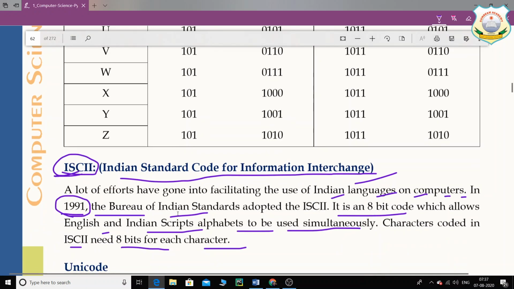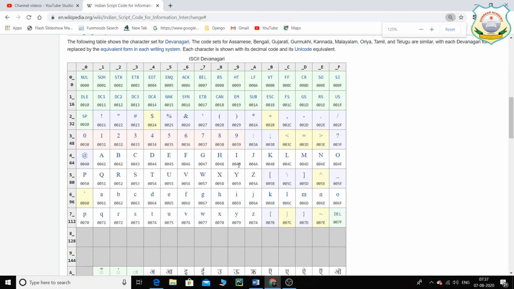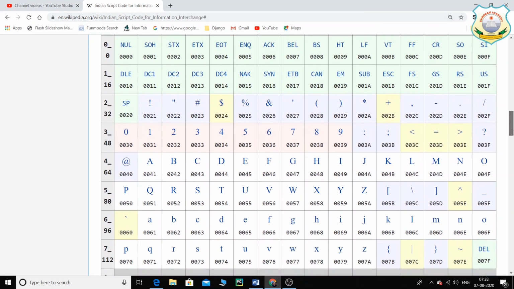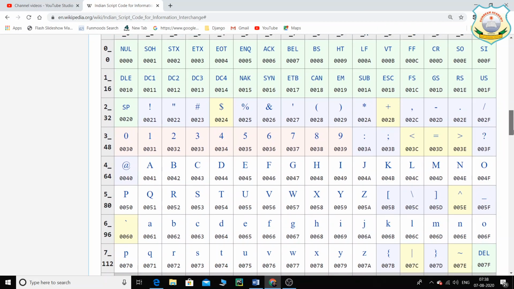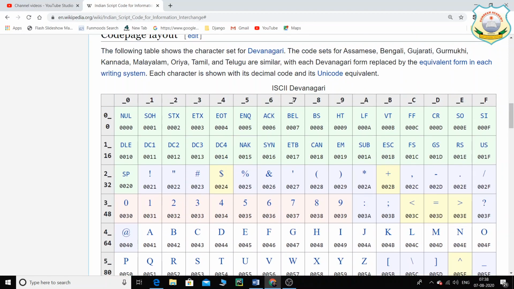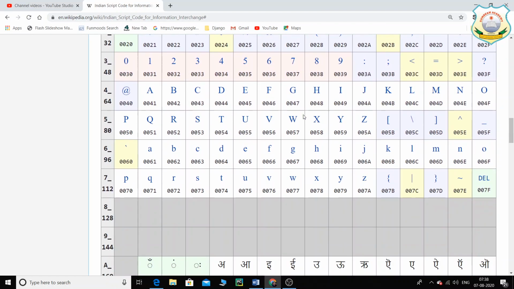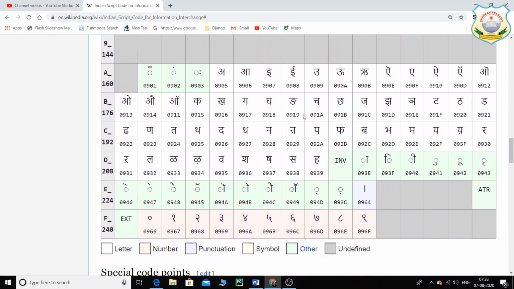This was done for the Indian purpose, but they have not given any table, so I've just taken this from Wikipedia for you, and these are the codes. These are the ISKI codes. It is simple Wikipedia in front of you, and you can see the A character and all that. Okay, so this is the Devanagari script, so you can type in that. This is how it looks, and you can see this is the Devanagari script, right?